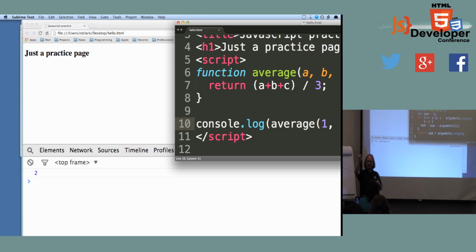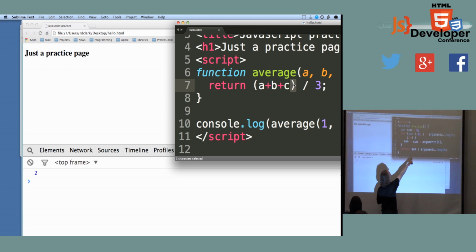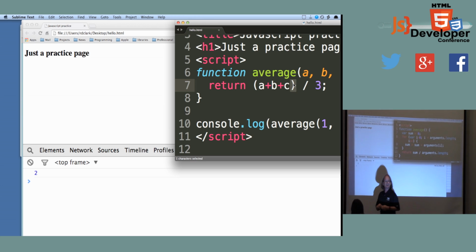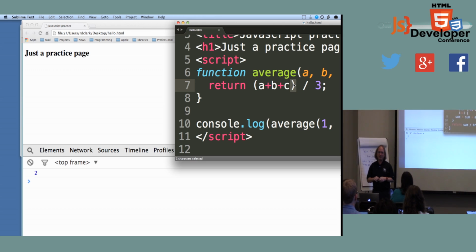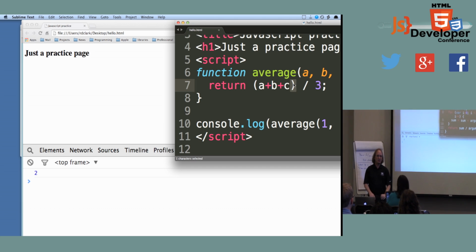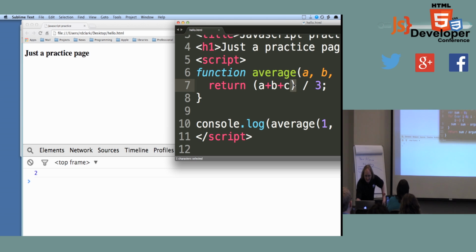Now, a couple of interesting things here. First off, I did put parentheses around a plus b plus c because I mentioned something called precedence. If you were doing regular algebra and you wrote the expression 1 plus 2 plus 3 divided by 3, the rules of algebra say that that division has to be the first thing that you do. It's higher precedence. It comes before plus and minus. The same is true in JavaScript math. Multiply and divide will happen before plus and minus, so you have to put parentheses around it.